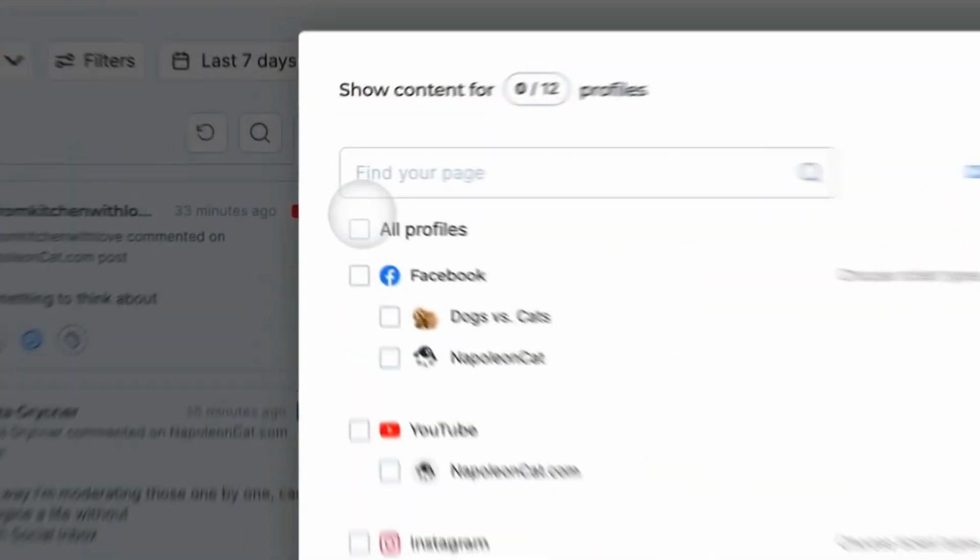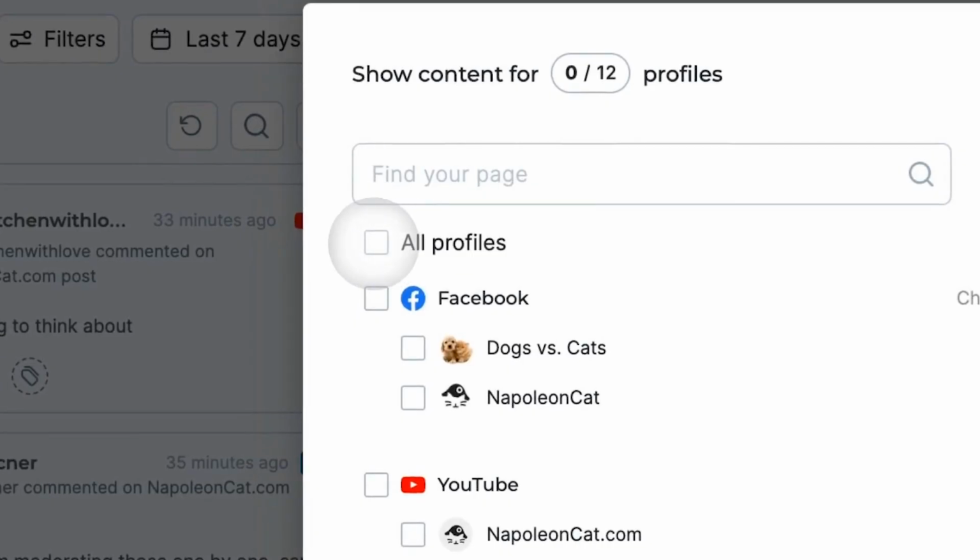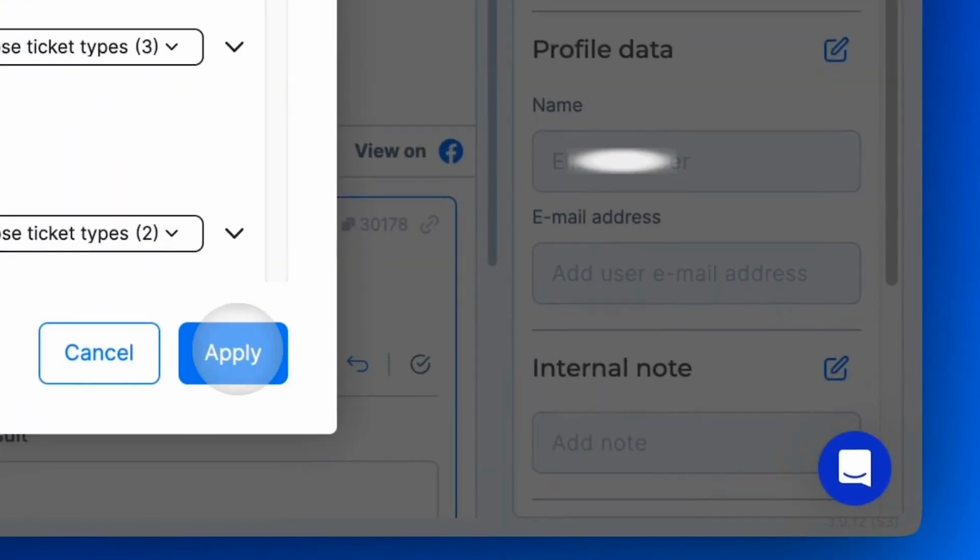So the first thing that needs to happen in a crisis, before any response, before any decision, is visibility. You need to see what's happening across every platform, get a sense of the scale, and all of that in real time. The social inbox pulls everything into one view, so you're not just monitoring one platform.